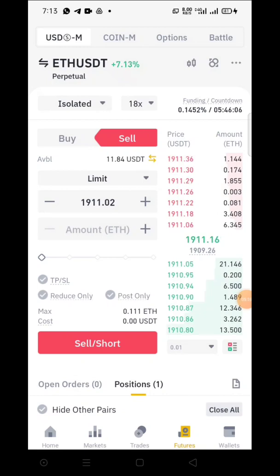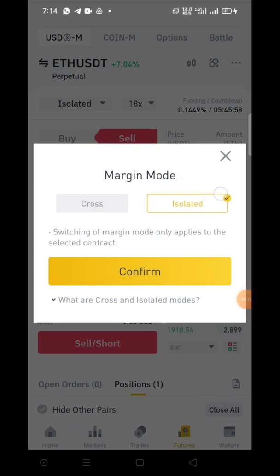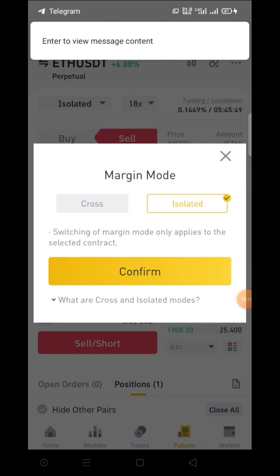for now, this is what you need to take note of when trading futures. When trading, there are things you should know. Please make use of isolated. For now, since you're starting, make use of isolated. I will explain all these things later. Even in the next video, I'll tell you why I said isolated and not cross margin, because by the